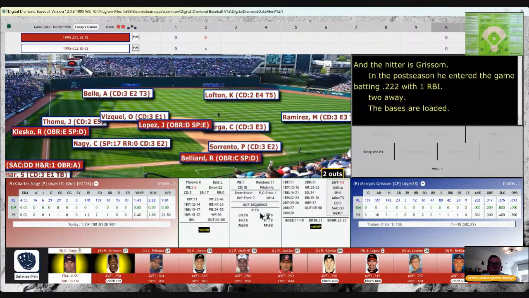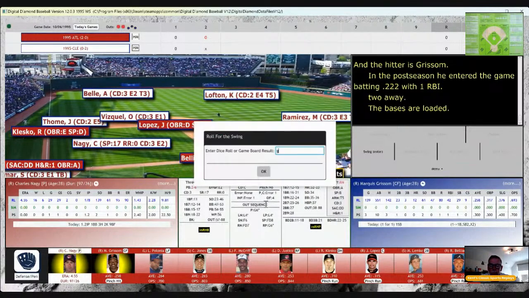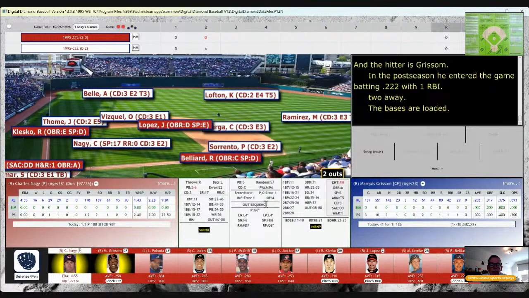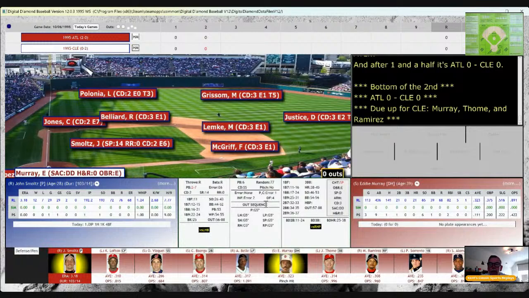It will be on Grissom's card. That roll of 81 will be an out. It's grounded to short. Check for an error. There will be none. So it's a ground ball hit sharply to Vizquel at short. Vizquel up with it, fires it over to first for out number 3. So 3 left stranded as we go to the bottom of the second.